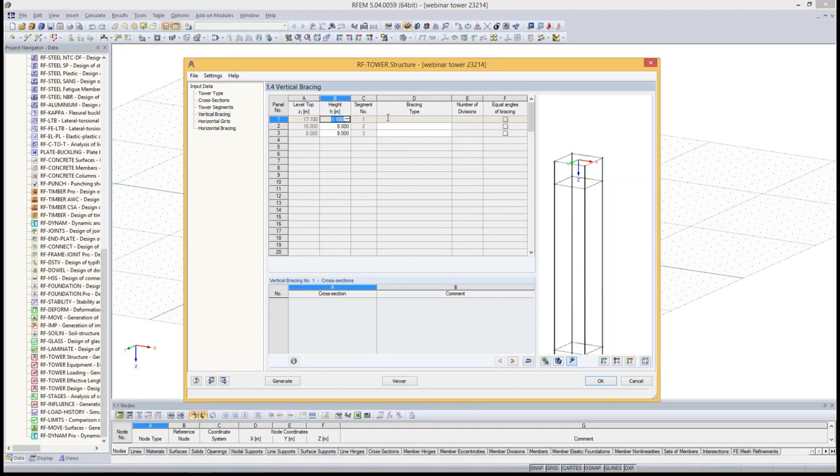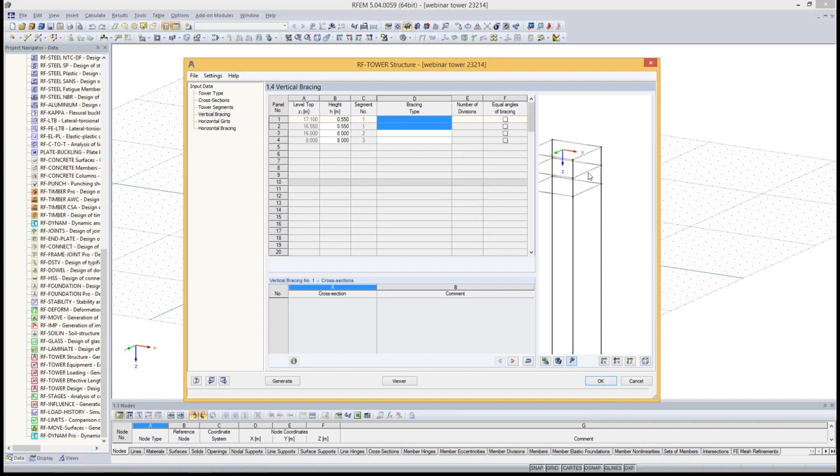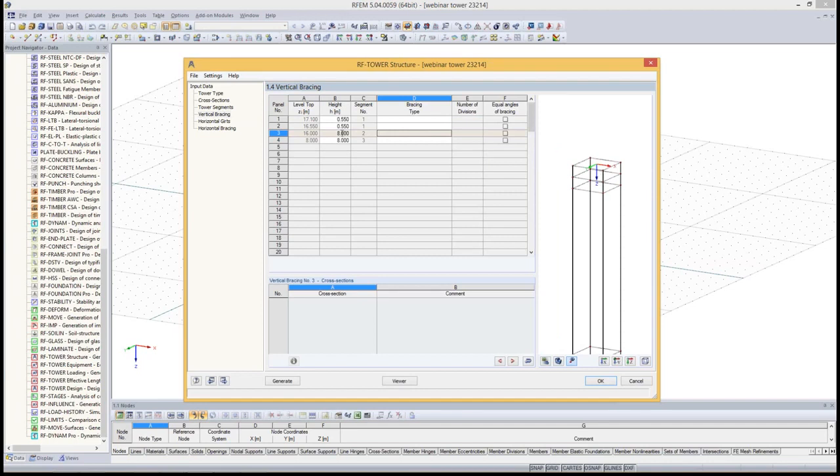We will start over there with the division, but we don't want to have a bracing in this part. We just created this division to have a horizontal member over there later. In the next part over there we will define some bracing, but at first we want to have also some division in this area. So I will